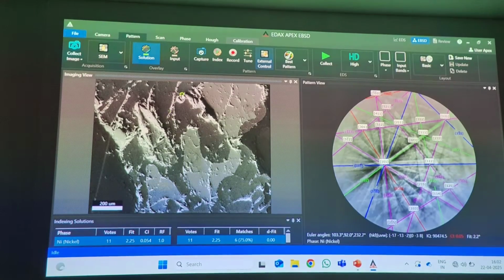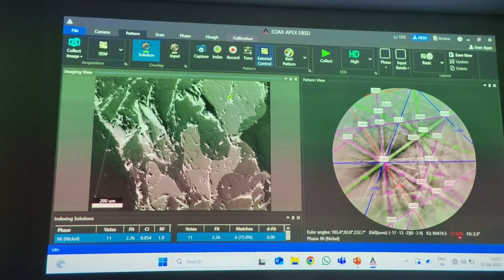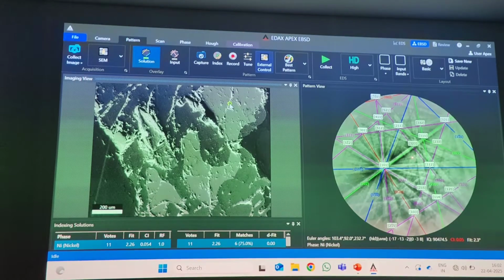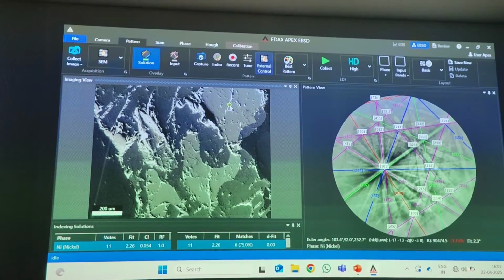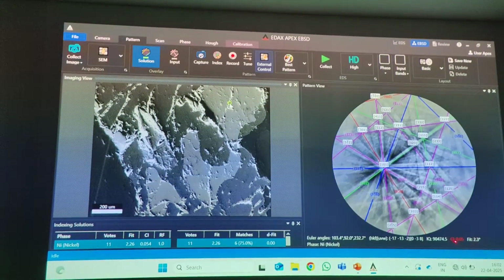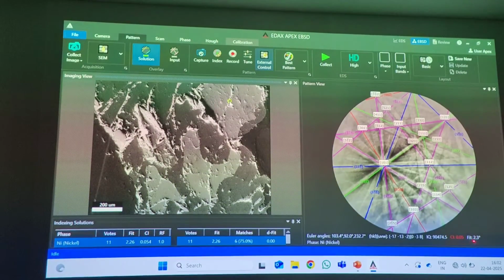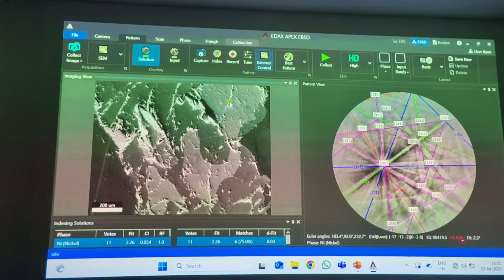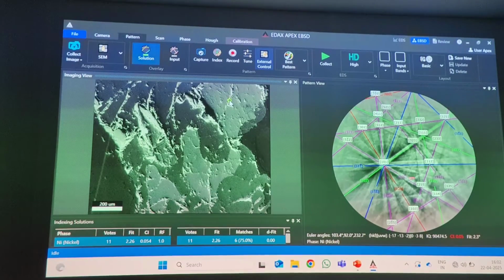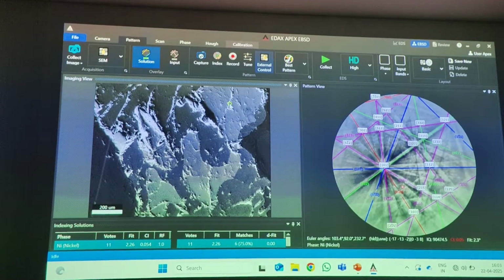But let's assume everything is fine and it is able to index it, then my CI values will be higher. Right now the CI value is 0. That means it's not able to match this database along with your patterns. If CI value is above 0.1, that means we can consider that reliable data is there. Like confidence index, as the name suggests, this is how confident your software is in identifying this as a reliable or accurate result. In this particular case it is 0, that means the data matching is not happening properly. If it is above 0.1, that means the data matching or the indexing is working fine.